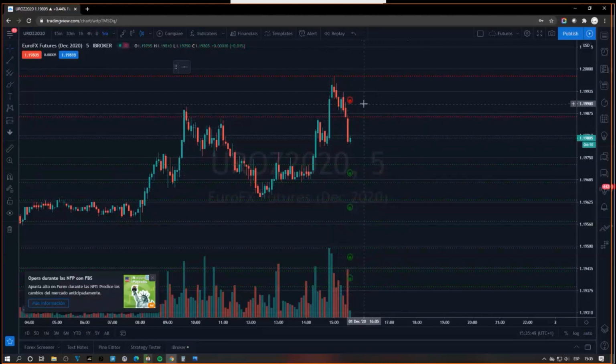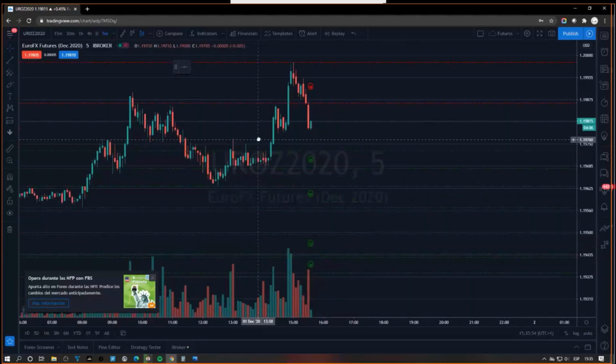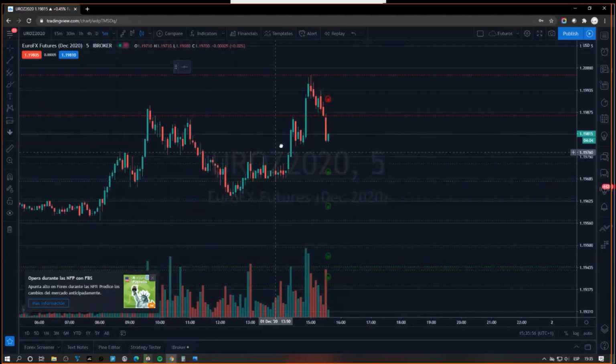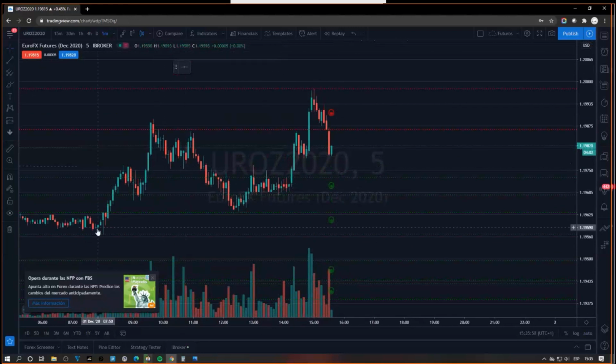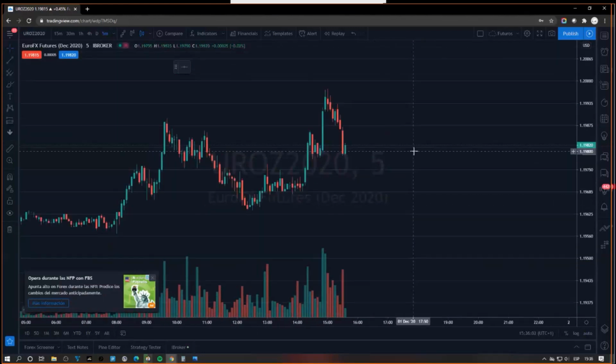A very easy way to use this indicator is, first, you need to have a bias, whether it's long or short. Once you have the bias, all you have to do is see what's above or below your current price. Let me just refresh this. The indicator just went away.